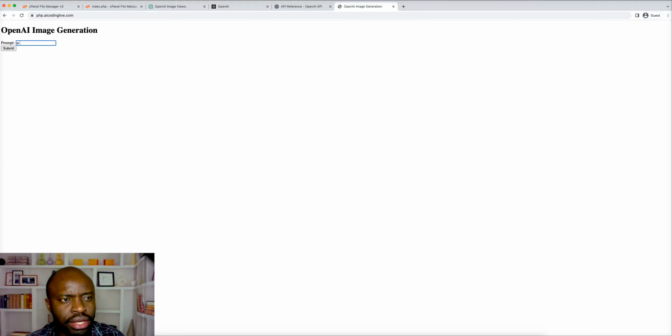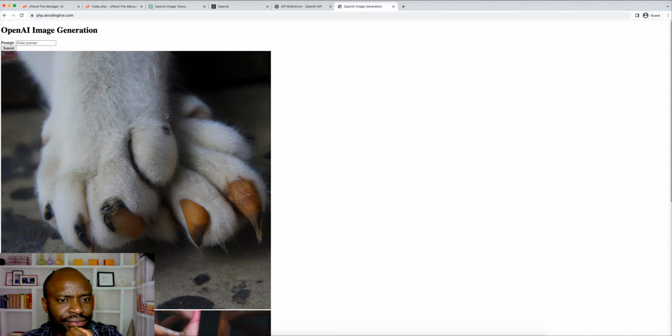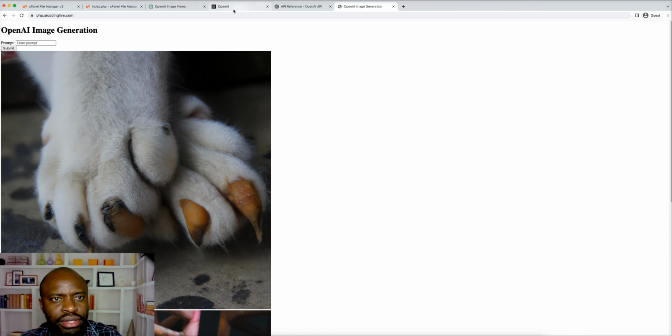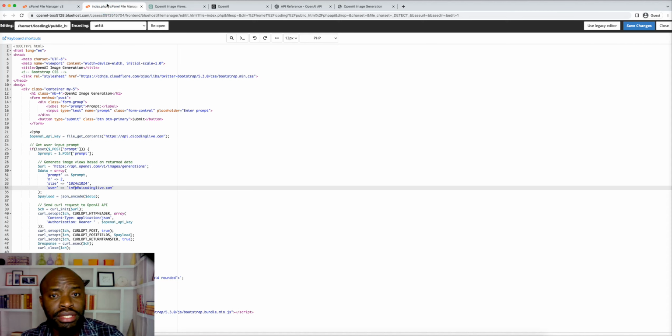and I'll say cat with chicken feet. Let's see. Wow. So this is the card with the chicken feet, which is generated. So I will go back here now. This is what the API, actually ChatGPT, has been able to create for us, what we wanted, but